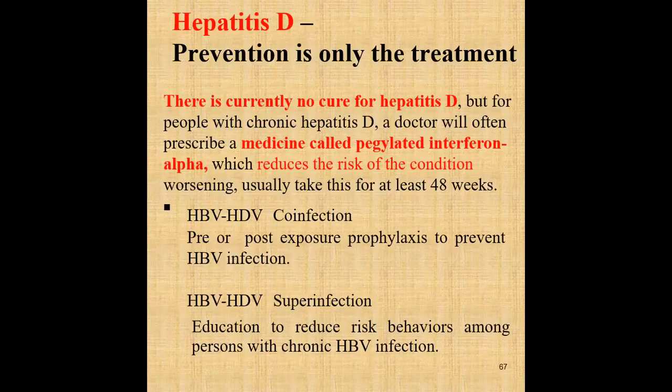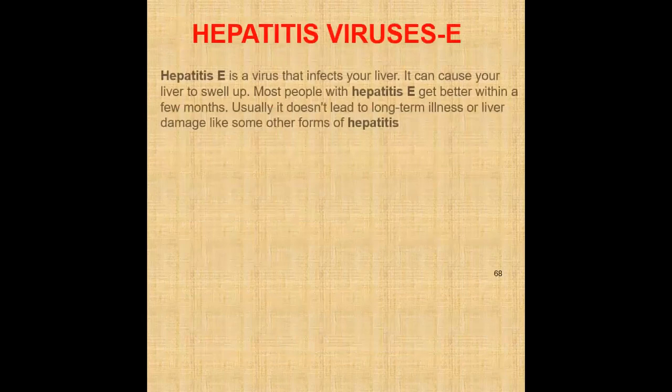Now this is about hepatitis D. Now we see hepatitis E. Hepatitis E virus is mostly transferred by the fecal-oral route, so contaminated food and contaminated water, if consumed, allow the hepatitis E virus to enter. Hepatitis E virus infects your liver, but the signs and symptoms that appear are somewhat less than in hepatitis D and hepatitis C.